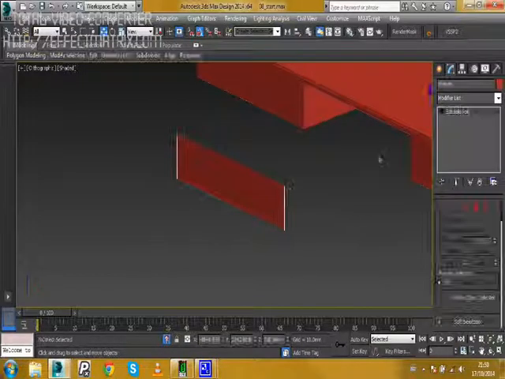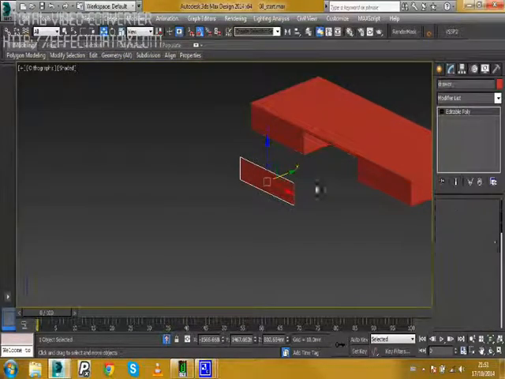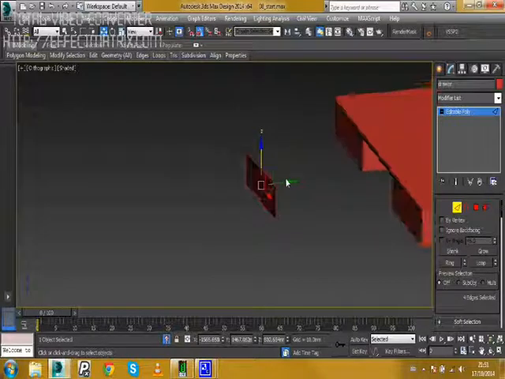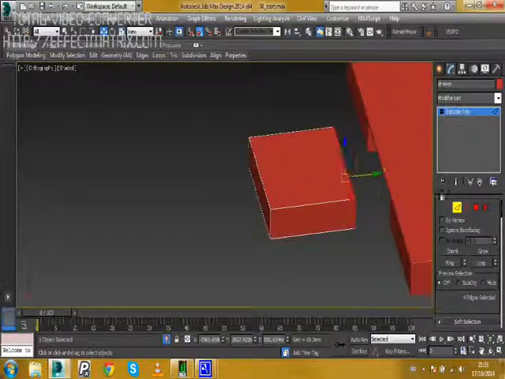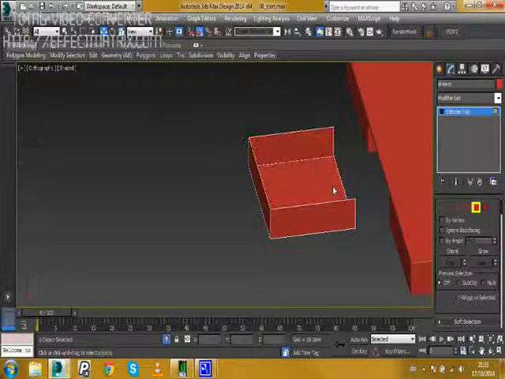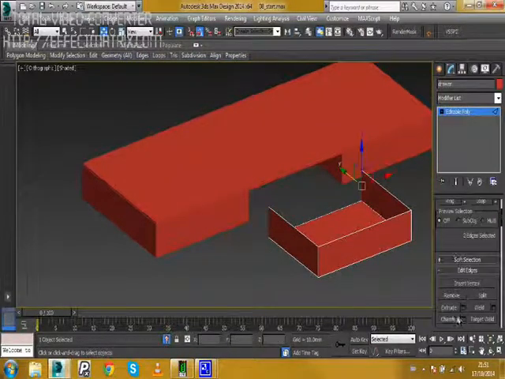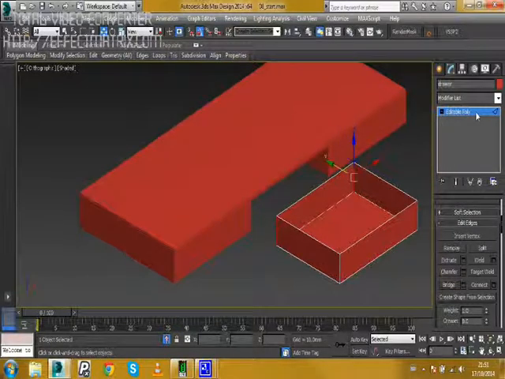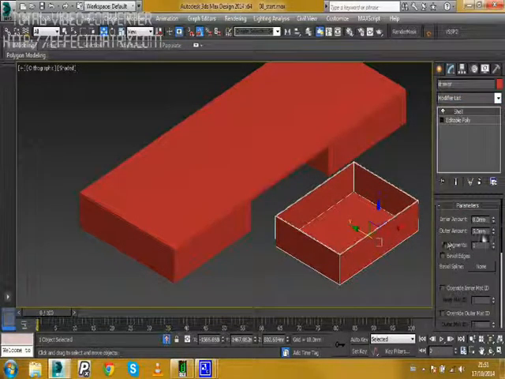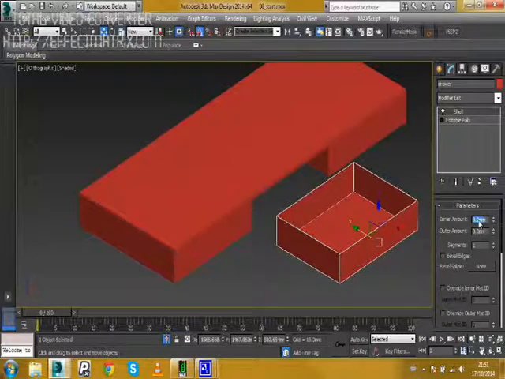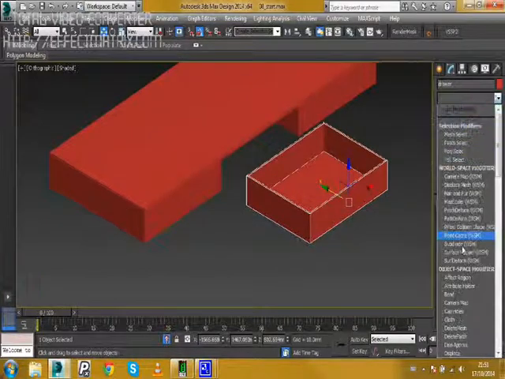So next we'll go back to the drawer. We'll put the pivot point to the centre here. And under Edit Poly we'll select all the edges. If you just shift and drag these on the Y axis, something like that will do it. We'll just delete the top face and we'll bridge these two edges across. Like so. On top of your Edit Poly, we want to apply a shell modifier, and instead of outer amount this time, we'll do it on the inner. We'll do about 8mm. On top of the shell, we'll apply an Edit Poly,